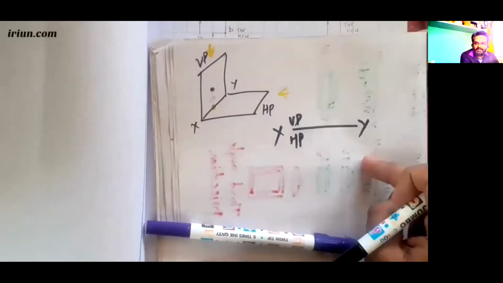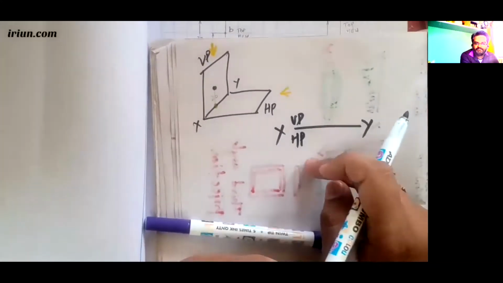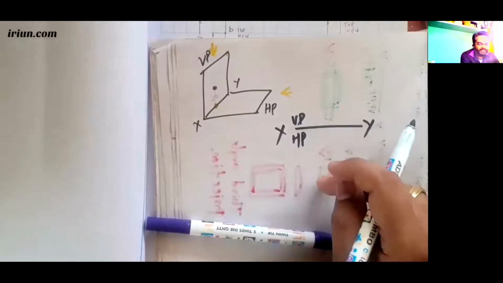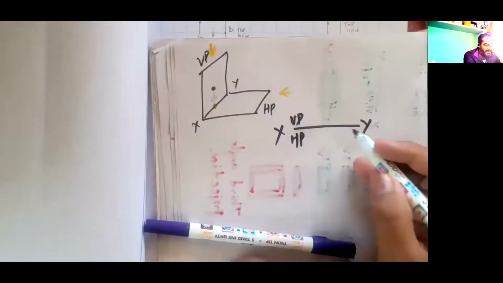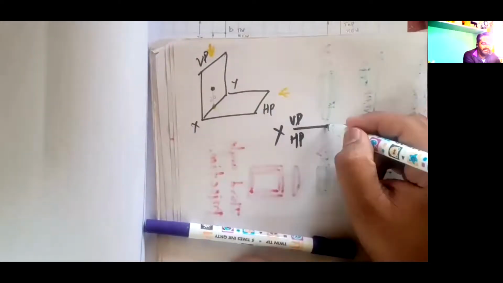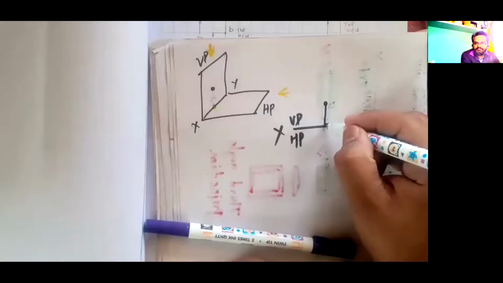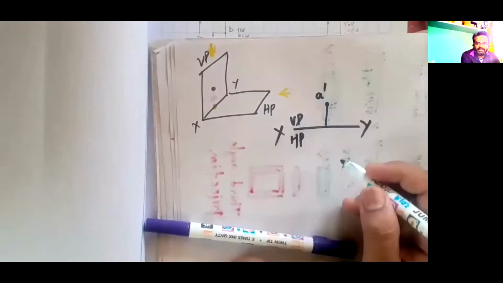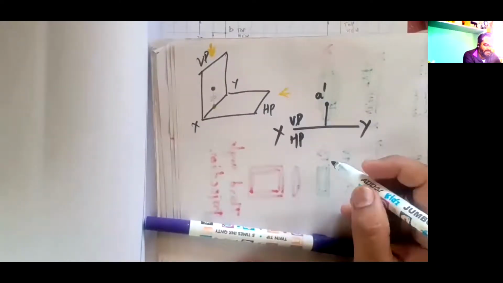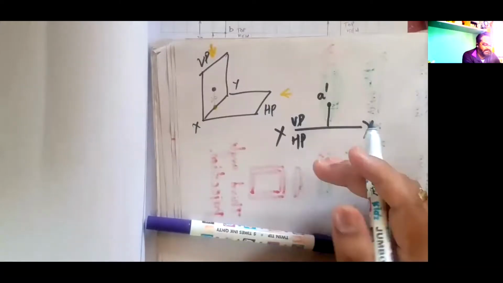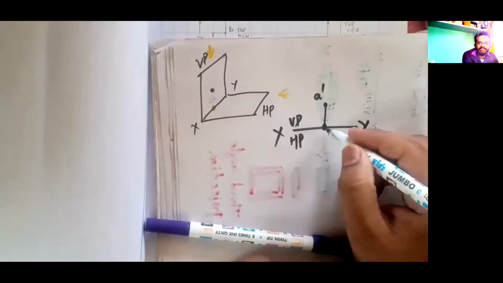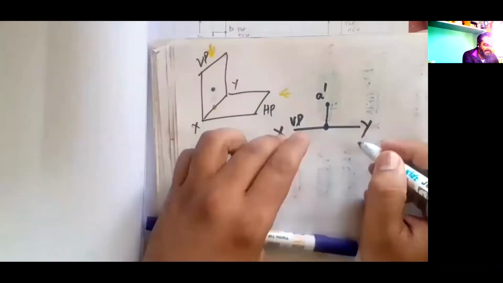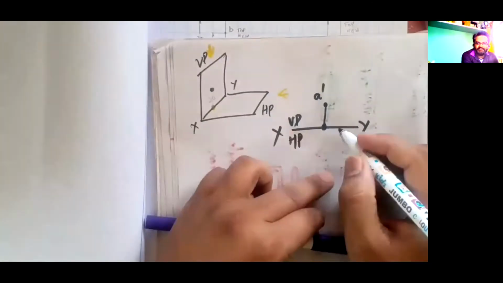Representing XY in capital letters and VP, HP will fetch you 1 mark, and very important, dimensioning and annotations will also fetch 1 mark each. So at 20 mm distance I am going to mark the front view and name it as A dash. Forget about side planes right now. Next, top view. Where is the top view? It is on XY line. Where is the top view? On XY line. On below this XY line completely it is top view. So name A below this XY line like this.